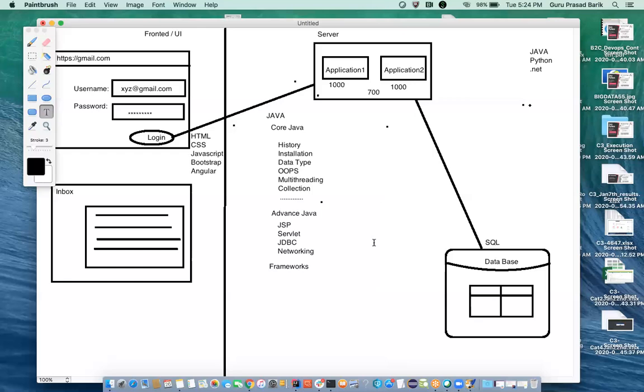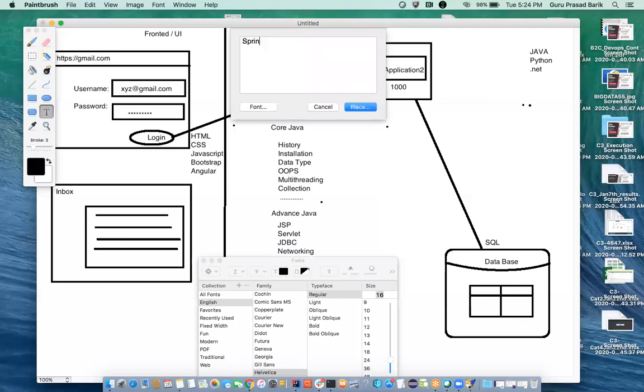Okay, what are the things we are going to learn in your framework? Your Spring JDBC, Spring ORM, Spring Security, Spring Cloud.